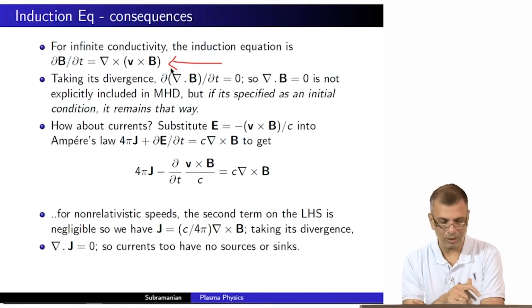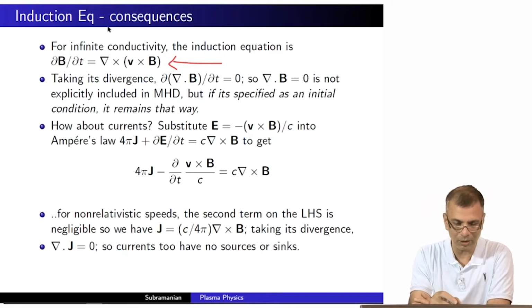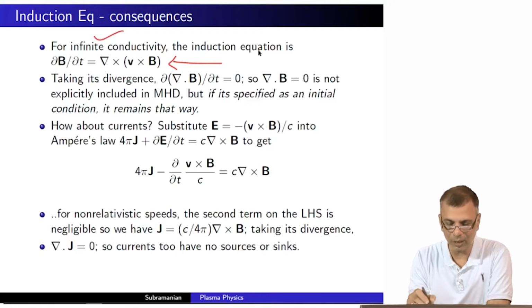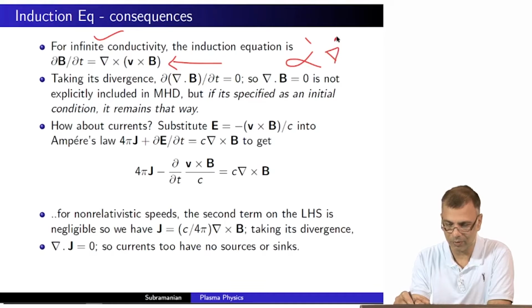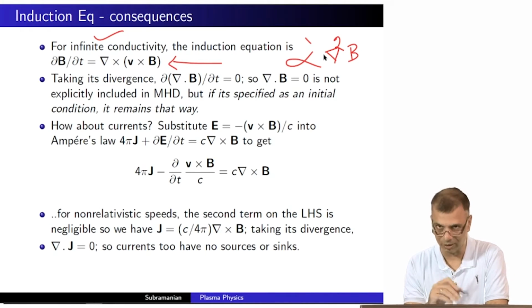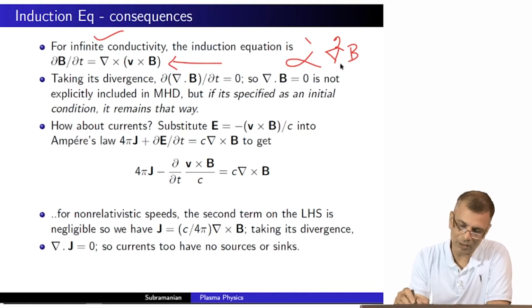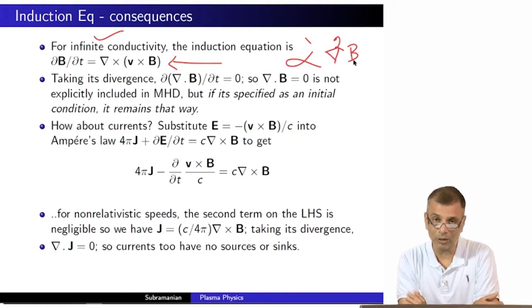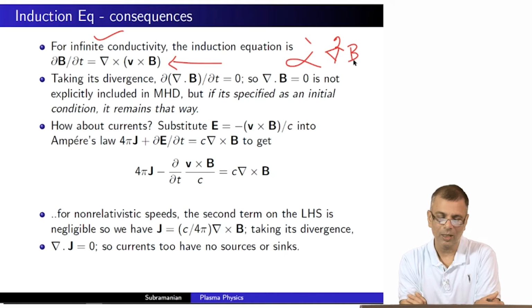If you remember, this form of the induction equation is valid only for infinite conductivity, right? If you have finite conductivity, you will have an additional term which is proportional to del square B, right? The proportionality constant contains the conductivity. So this diffusive term assumes importance only when the conductivity is finite and not infinite. Okay,